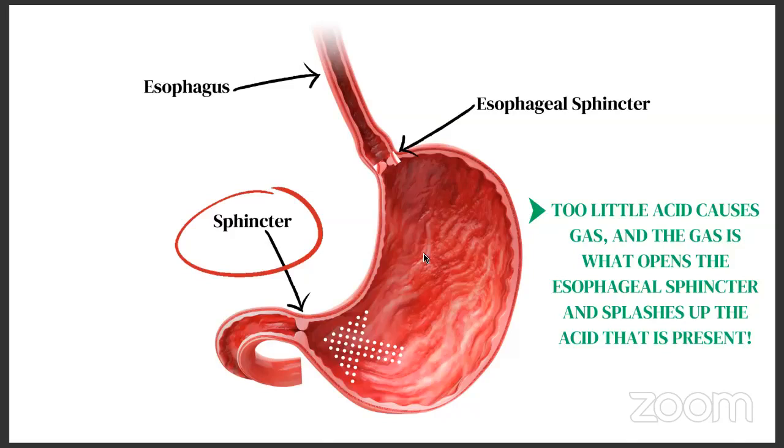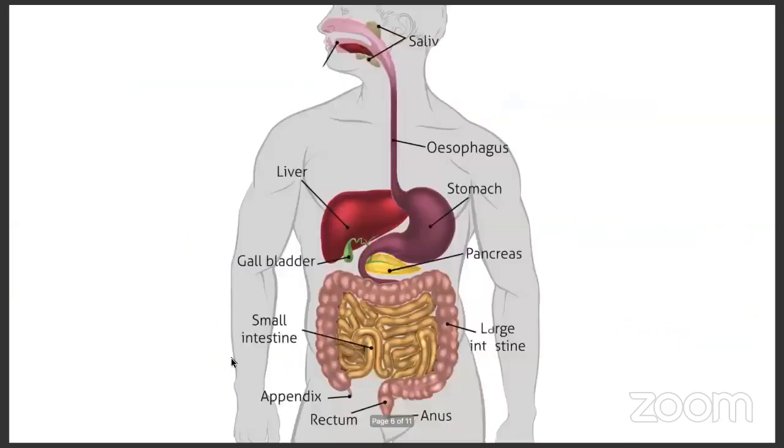Okay, so we've established that the food moves through when we've got a healthy functioning stomach and enough acid. This sphincter opens and the food moves through into the small intestine. And now the orchestra is going to take place, where our food begins moving into the small intestine, and it's going to start receiving bile from the liver and gallbladder, as well as pancreatic enzymes and sodium